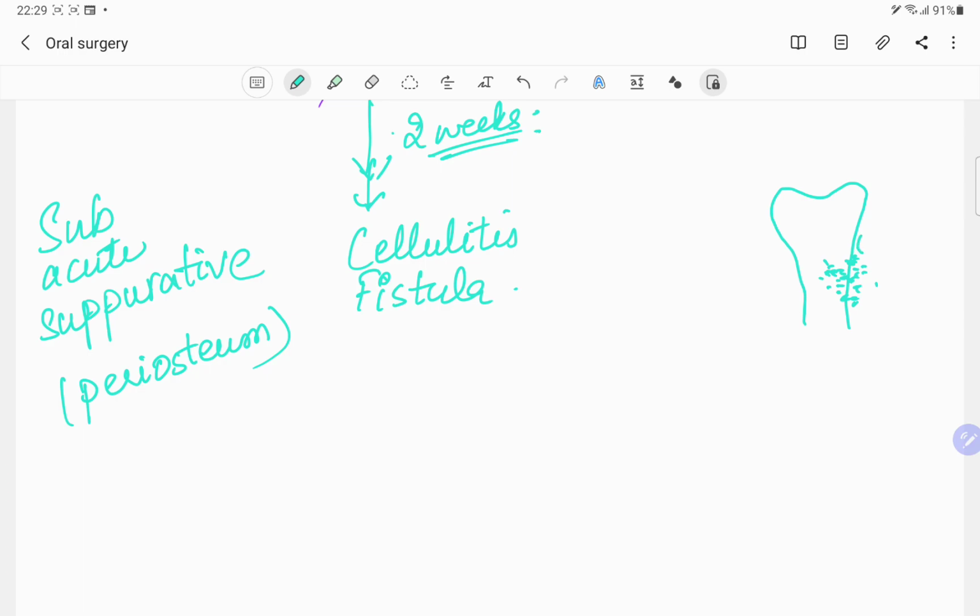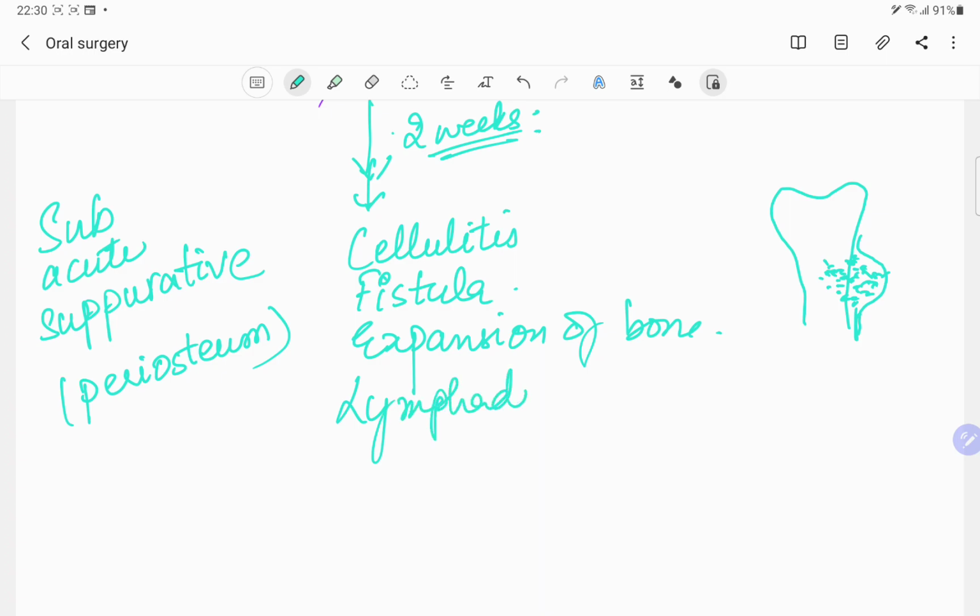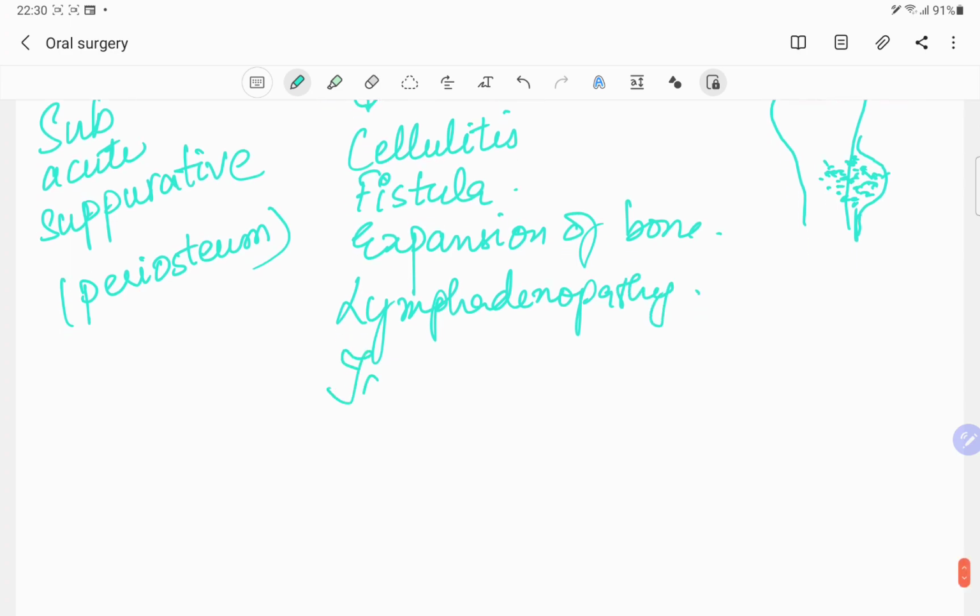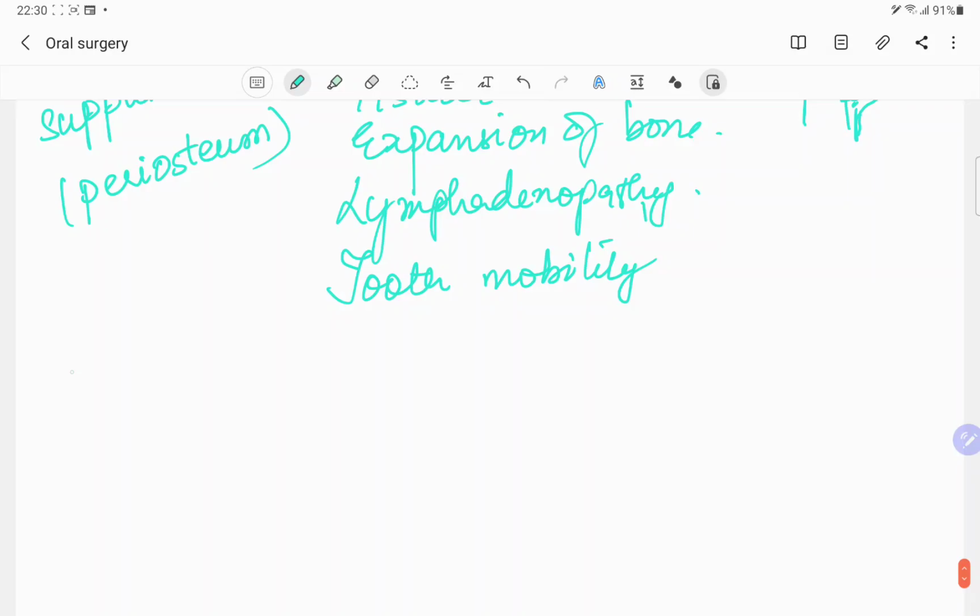Since the infection has started or invaded into the periosteum, you will also see that the periosteum is enlarged. So there is expansion of the bone and the tooth starts moving. Also there is lymph node enlargement, so lymphadenopathy, tooth mobility, and bad breath. So in the radiograph,